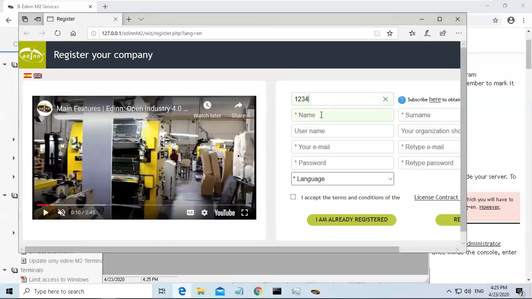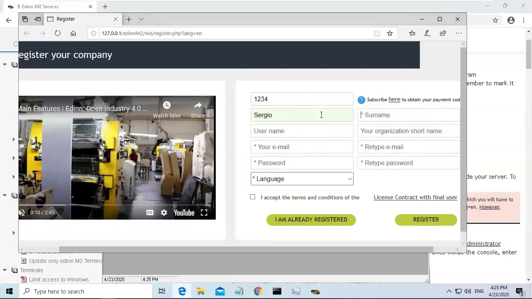In name and surname is the name and surname related to the administrator user of the company we're going to create. My name is Sergio Rivera, so we use that as username. We'll put my company, short name MC, then we type an email,